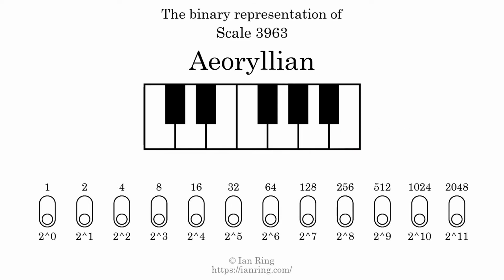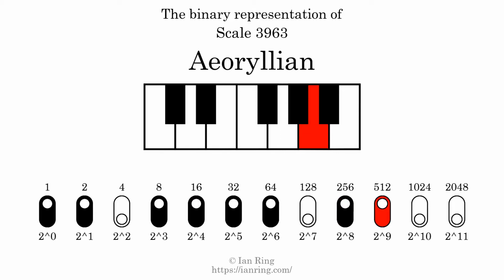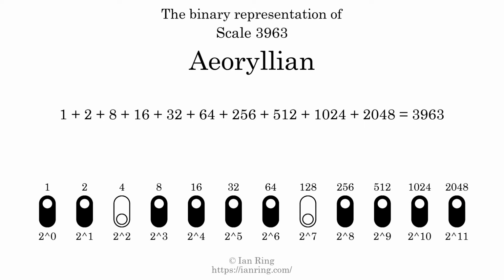The binary representation of this scale is determined by mapping tones of the scale to binary digits. Each binary digit represents a power of 2. To get the scale number, we add the powers of 2 together. The powers of 2 that are present in the scale, all added together, equals 3963. That is why the scale number, in decimal, is